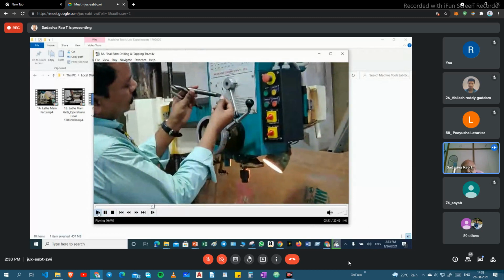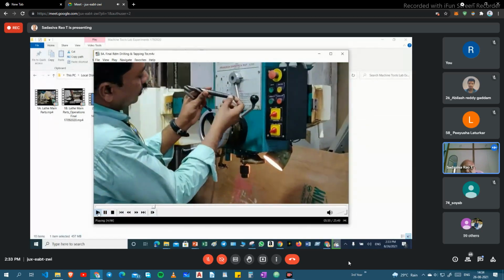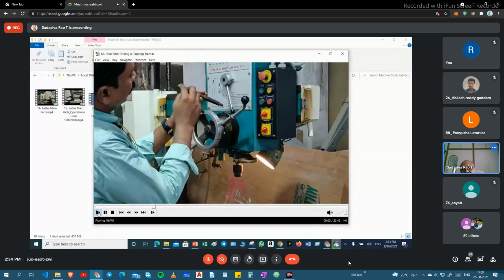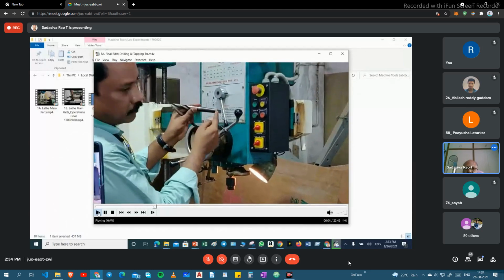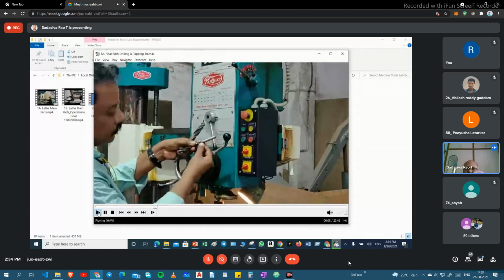This one is called a tang. From here to here, this is called a tang, and from here to here, it is called a shank. And the tapered one is called a root length. This is a cutting point, right? And this shank is a tapered shank. This is a minor diameter, this is a bigger diameter. And this one is a straight shank, right?